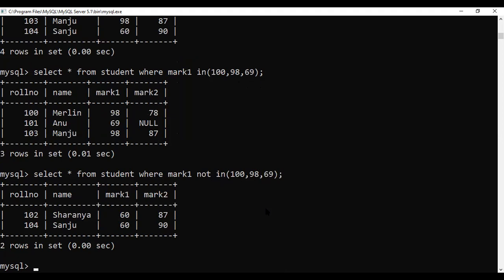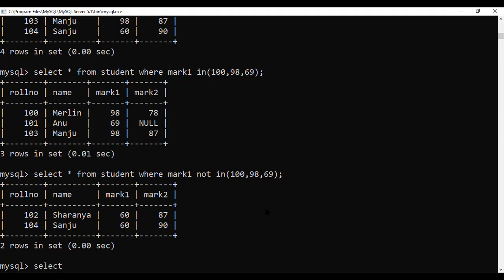Another operator is used for range. Range means you will be given a condition such as mark 1 greater than or equal to, or between, 90 and 95. When a condition like that comes, you use the between and operator.